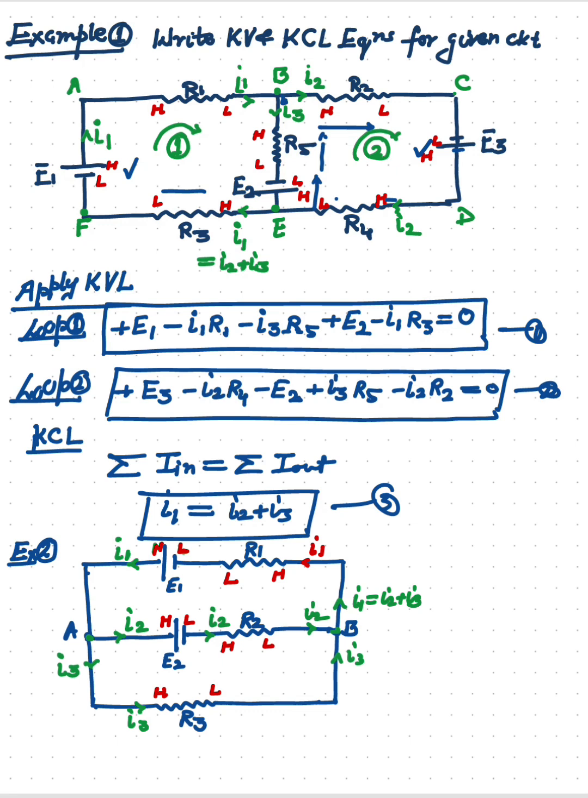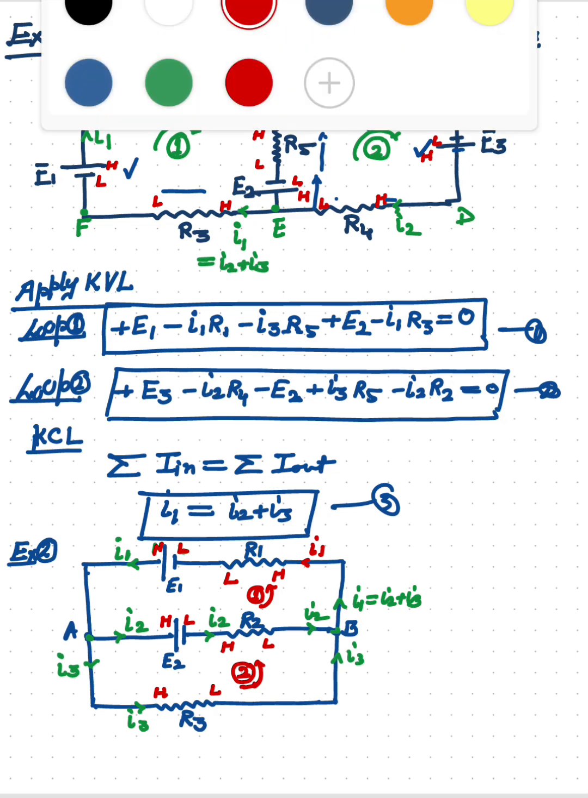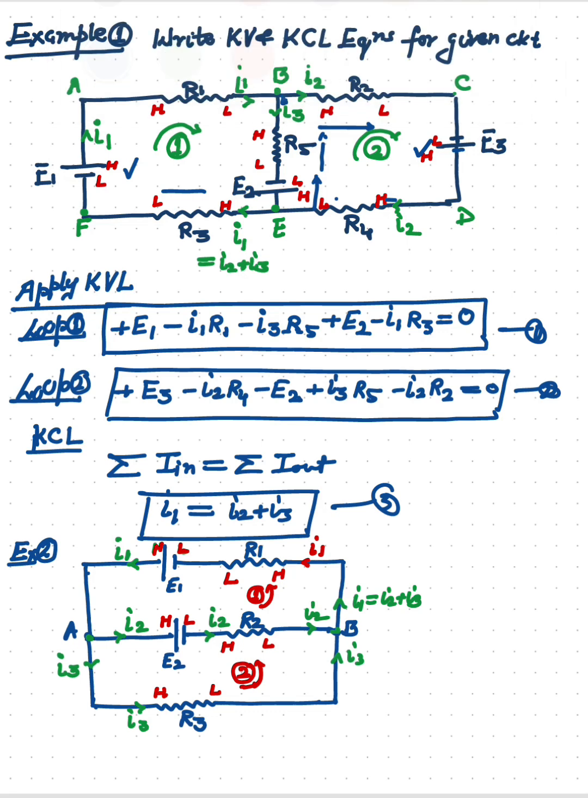Okay, now second step is loop direction. So this is the loop 1. Okay, I assume its direction. Suppose this time I am taking anti-clockwise. So this is also anti-clockwise loop like this. Clear? Now let's write the KVL and KCL for different loops. So KVL, okay, for